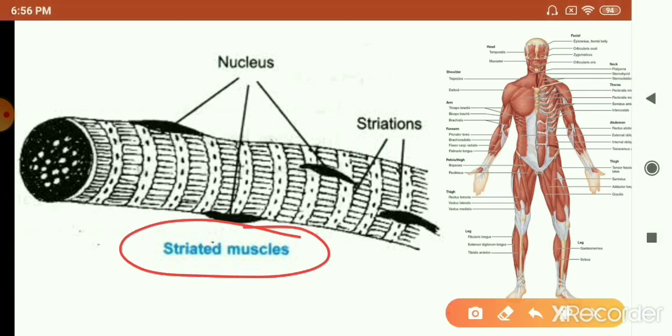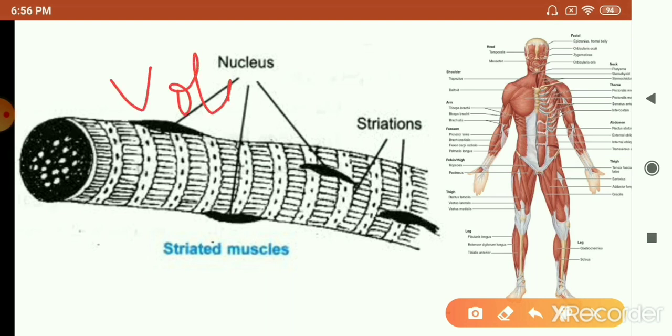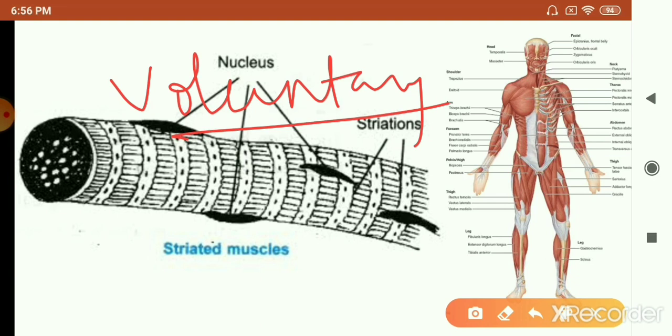So, why are they called that? We'll discuss first. Voluntary muscles are the muscles whose movement is under your control. So, muscles whose contraction and relaxation, or whose movement, can be controlled by our will. Like if you have to move your hands or legs, it is up to you to move them. You can control the movement of the limbs. Since their movement can be controlled by us, these muscles are called voluntary muscles.